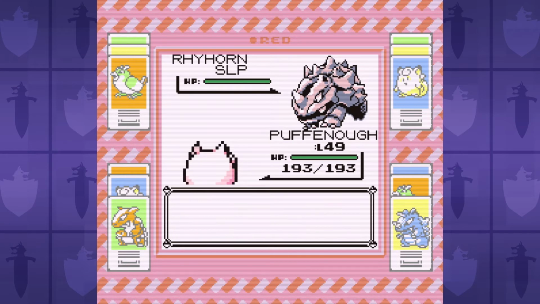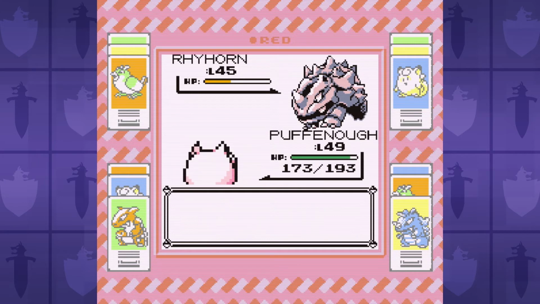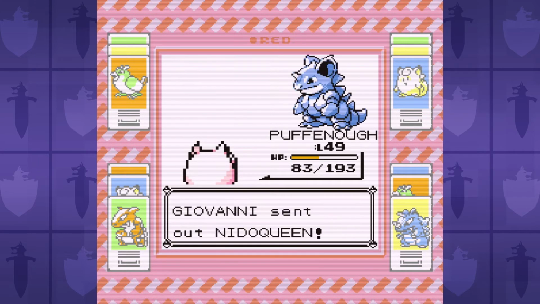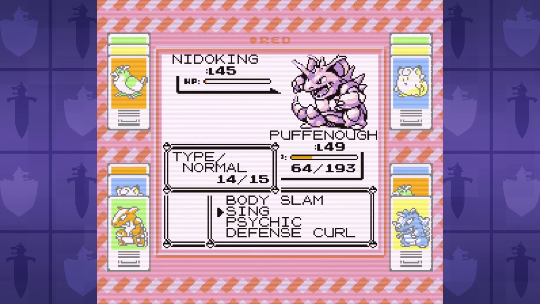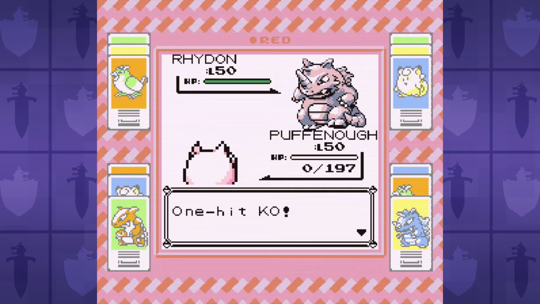Rhyhorn loves to waste time going for Horn Drill, which will never hit because Jigglypuff is faster. Thus, we're able to grab as many defense curls as we need to withstand the physical attacks from the rest of his Pokemon. Dugtrio does often crit, but it's okay, because Psychic does really good damage to all of his Pokemon who have low special. All that's left now is to knock out his Rhydon and win ourselves the last gym badge, and...